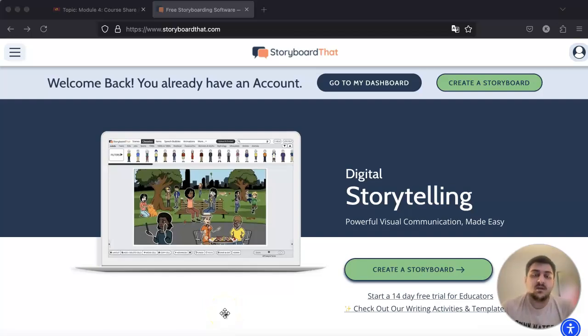Hello, I am taking you through Storyboard That this time. As a high school teacher, I have access to several apps that we use in our ELD classrooms. That's why I am showing you some different tools that may be used for learners that are already in the classroom. Storyboard That is a tool that we use in the ELD classroom at the school that I work